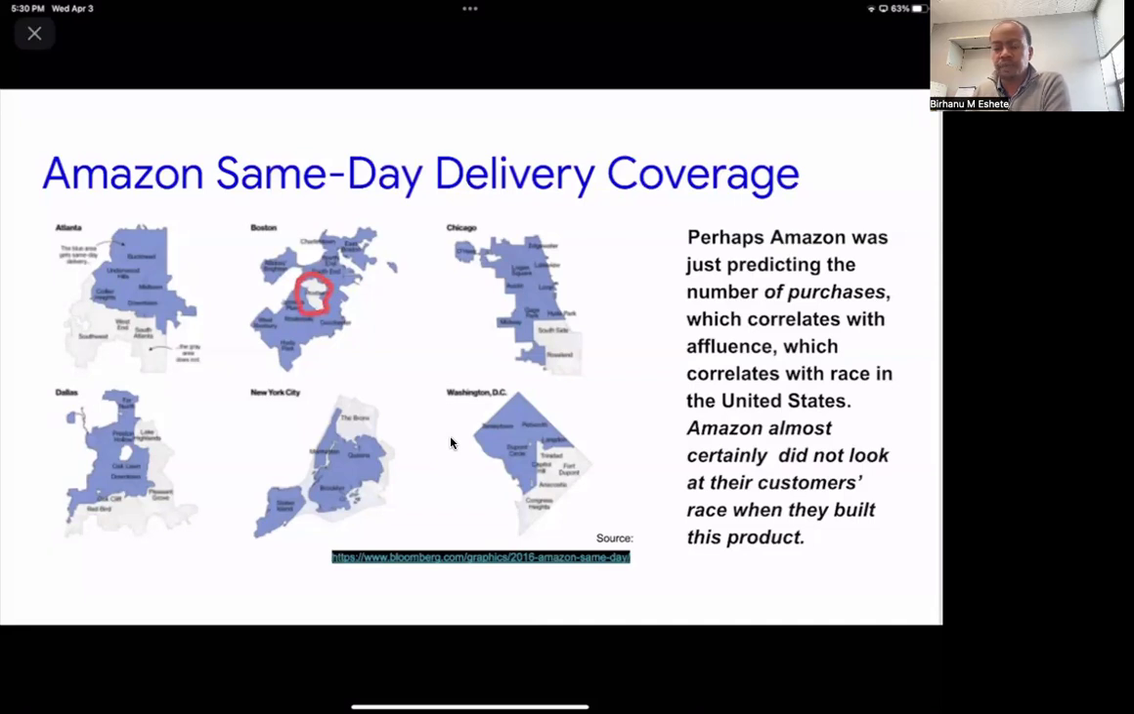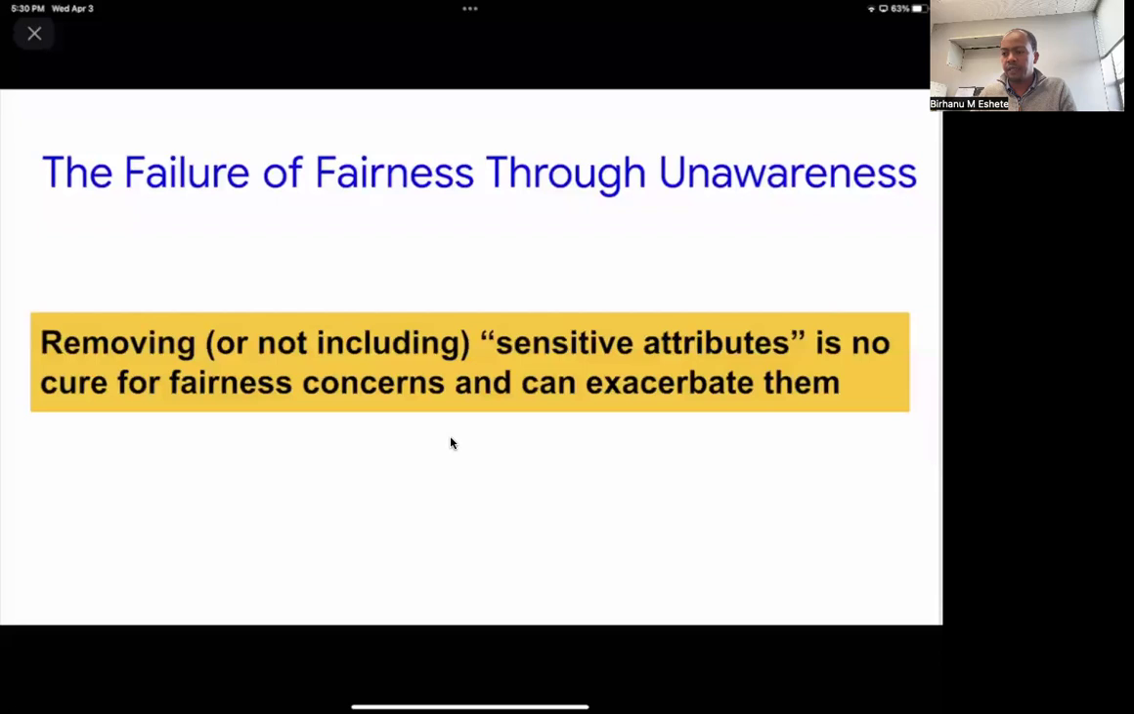So everything in blue on this map shows the coverage, full coverage is there. But there is one hole in the city of Boston. And this article from Bloomberg was trying to understand what is going on there. Of course, I'm saying this in relation to this fairness through unawareness notion, right? The fact that you claim that you are not using this sensitive attribute doesn't really set you free